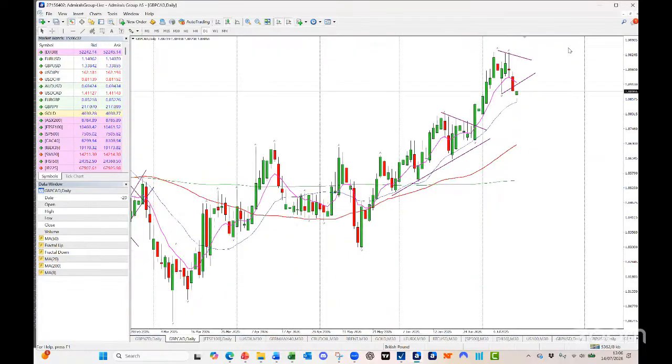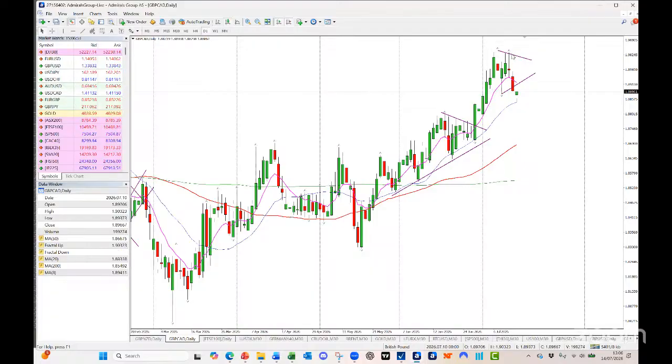Pound against Canadian dollar. That had been a nice trend, because pound CAD is not always the easiest thing to trade on the swing. But last month it kind of worked its way. But now I look at that, that's a bit of a double top, triple top, you might say, depending on how you look at it. I would look at that as a DTB 1, 2, 3 double top.